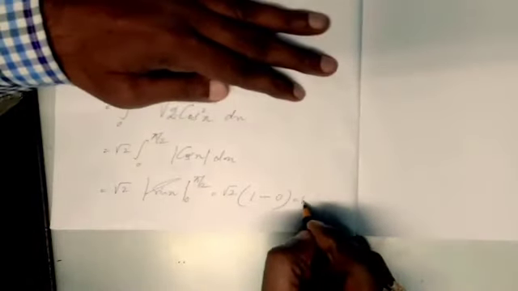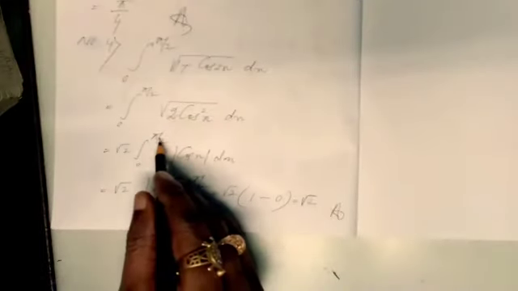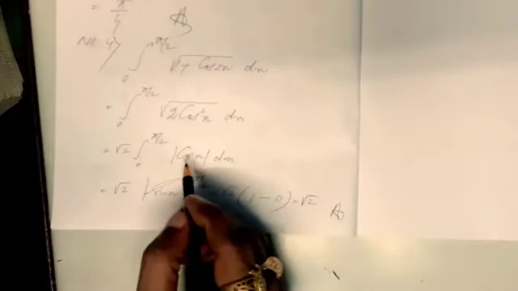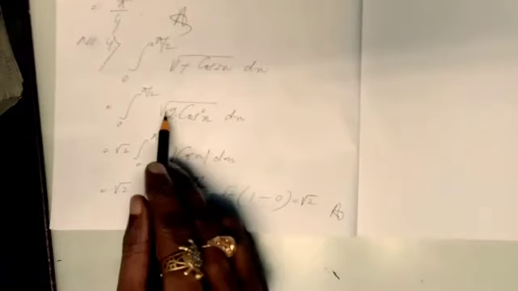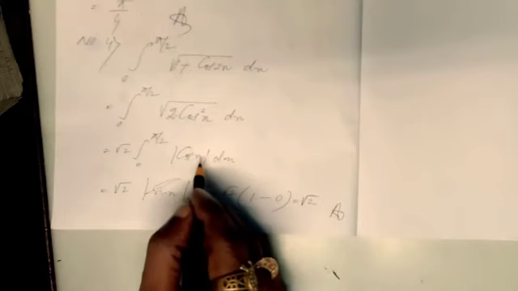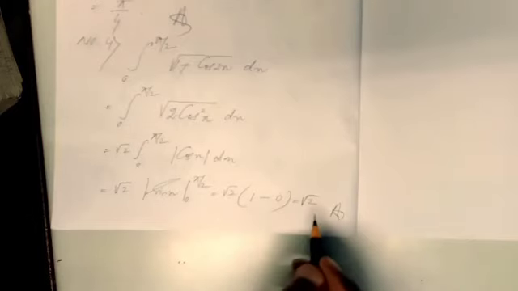Is it clear? You have to pay attention: if the quadrant is 0 to pi by 2, that is the first quadrant, you have to take the positive value. Depending upon the quadrant, you have to consider the sign, because the square root of anything can be positive or negative. As it is given 0 to pi by 2, the cosine of any angle in the first quadrant will be positive. Therefore, you take the positive value, and the integration of cos x is sin x. After that, put x equal to pi by 2: sin pi by 2 is 1 and sin 0 is 0. Upper limit value minus lower limit value. The final answer is root 2.